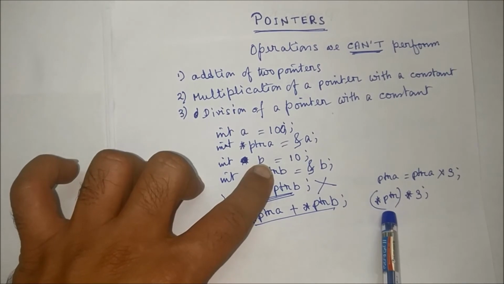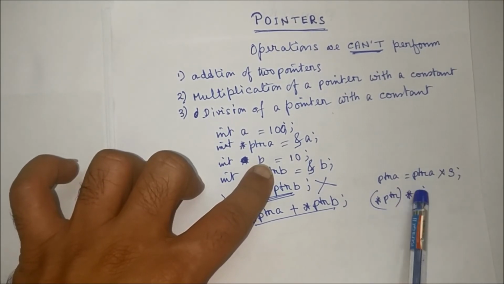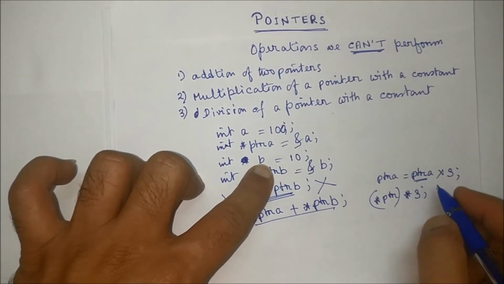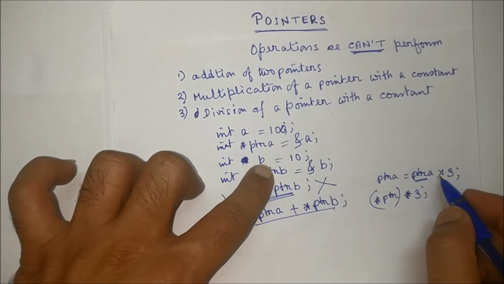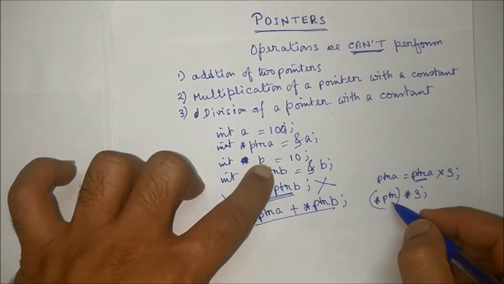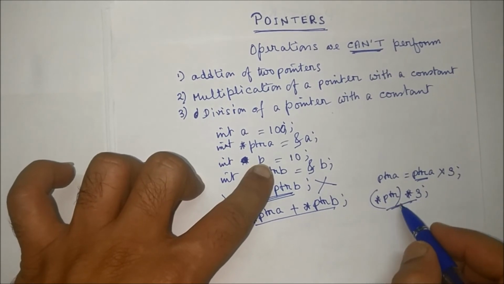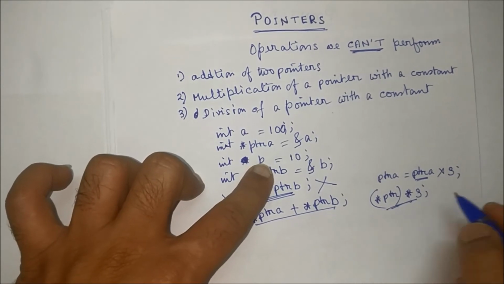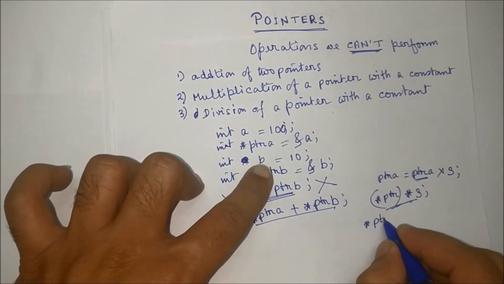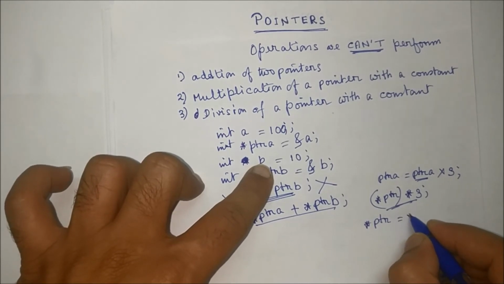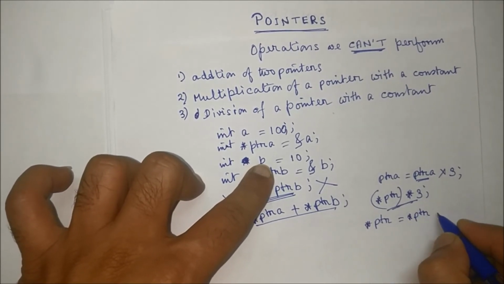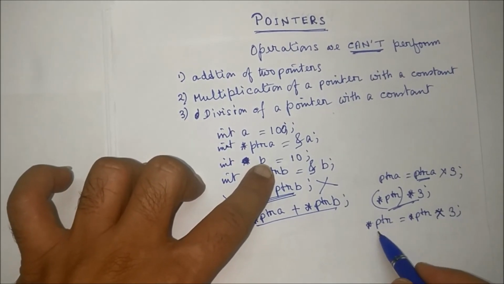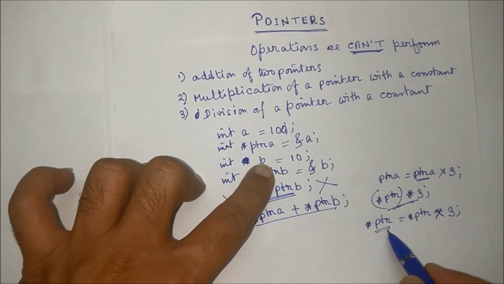Why is it allowed? Because star ptr is not giving the memory address. You cannot perform multiplication with the memory address. Here, ptr is returning the memory address, and you are asking the compiler to perform the multiplication operation on the memory address. But with star ptr, it is actually doing the multiplication of the value with 3. So you can simply write the statement star ptr is equal to star ptr into 3. So what you are doing is changing the value stored in the location where the